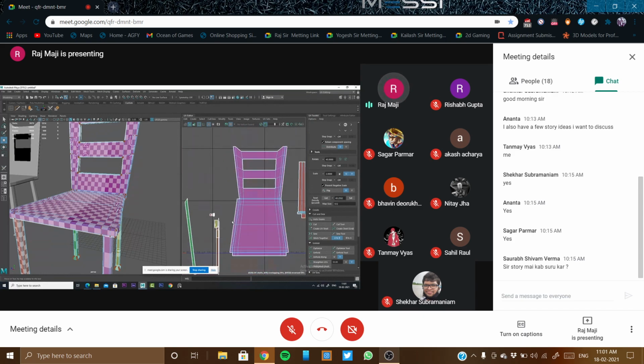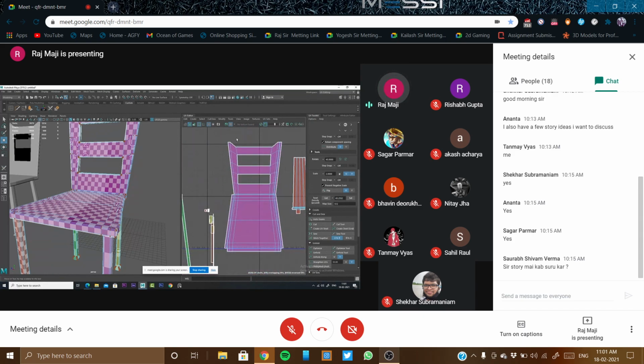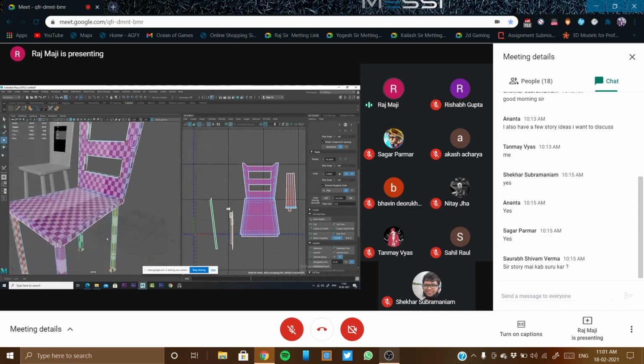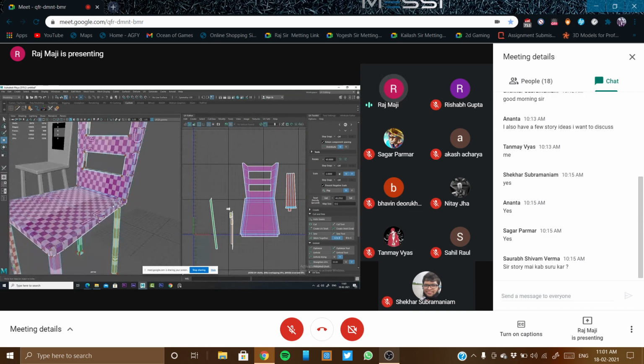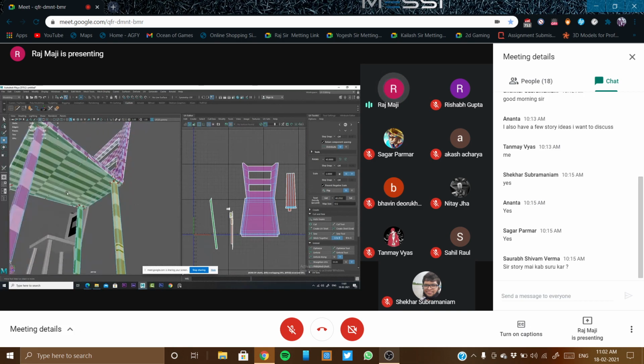We should try that basically. So all the sides, all these faces will come one by one, a UV shell will come. And in this area there will be no UV seam. All the seams will be at the bottom in this area.